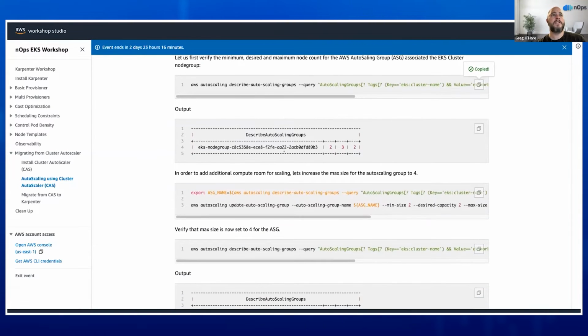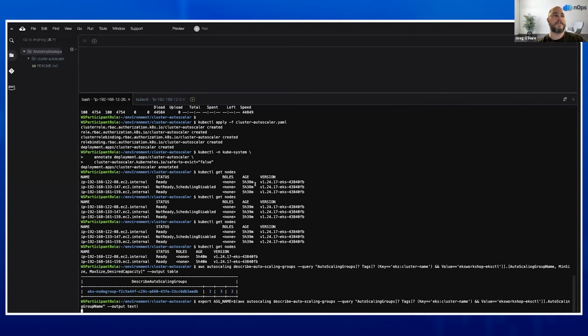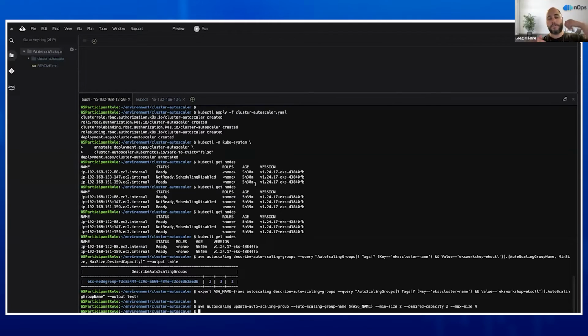And from here, we're going to go ahead and increase the max from the 3 to 4. Again, this is up to you. And what I recommend is in this step, if you're doing this on your own during your own time, play around with that max size, right? Move it to 6, move it to 8, move it down to 2, and just watch what happens when you scale. And that's one of the important things to keep in mind when we're starting to look at the differences